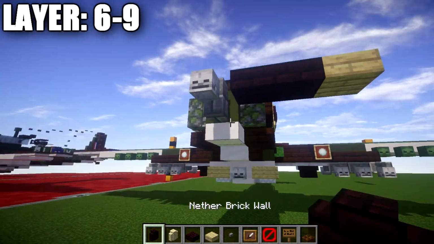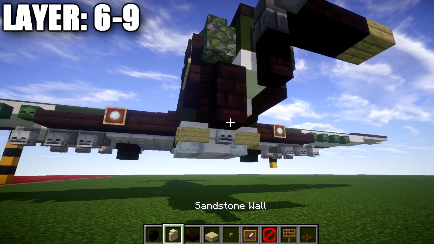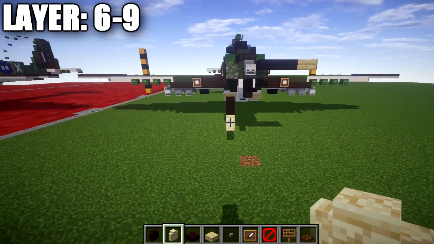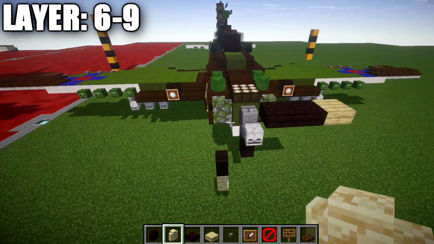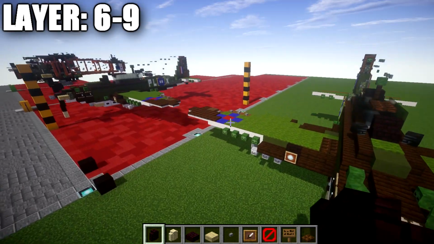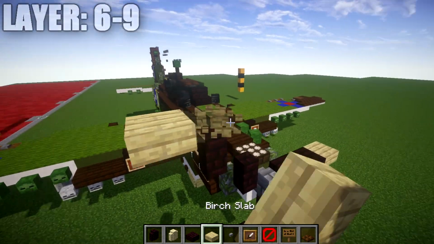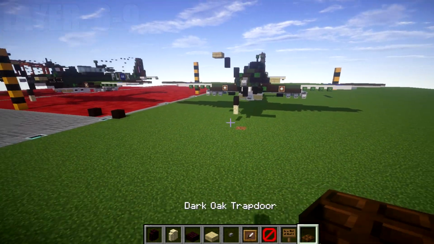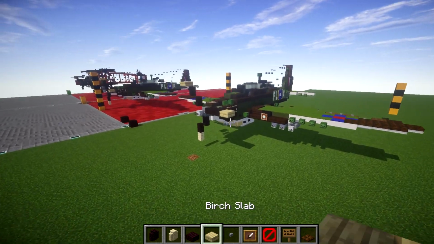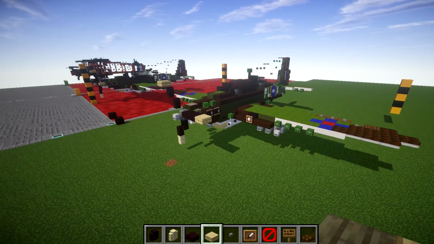We then want to go ahead and go to the bottom of this wall. We're going to place down a nether brick wall, then one down out to the side nether brick wall, and then a sandstone wall there on the bottom. And then after that, we're going to go up from this stone brick wall up to the side there. We would then place down a nether brick wall to the side, and then a birchwood slab just like that. And that right there is going to basically wrap up your prop there for the power,